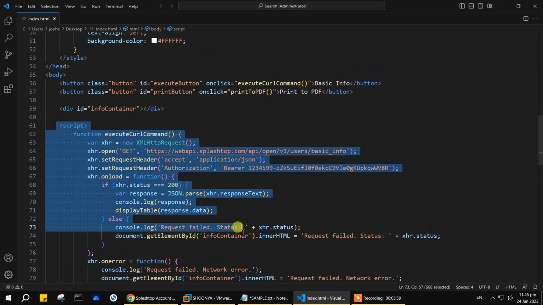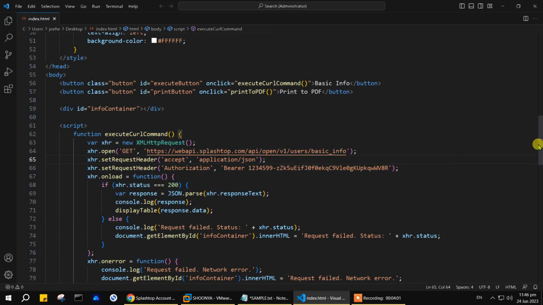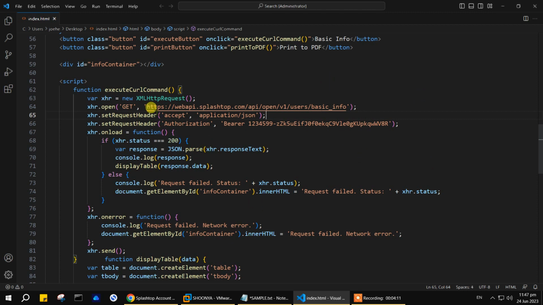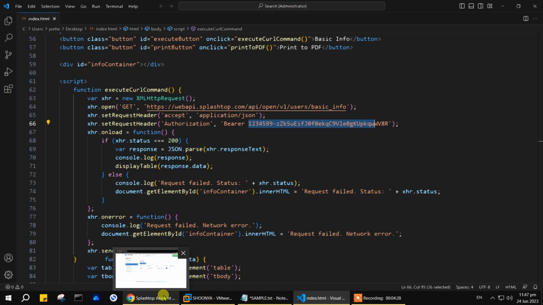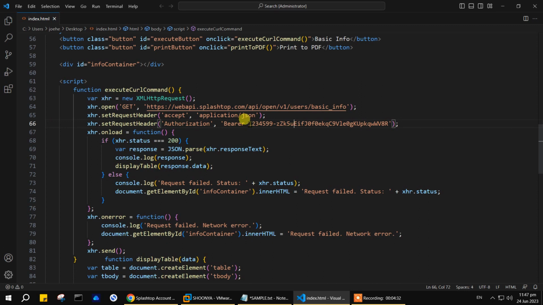Okay, JavaScript that's embedded into it, and this code was generated using a series of prompts within ChatGPT. So I'll show you how the web page actually looks. Within this HTML code, we are also doing an API call, which is a GET request for basic info. I need to replace the access token with the correct access token over here, this one. So let me go ahead and replace this,